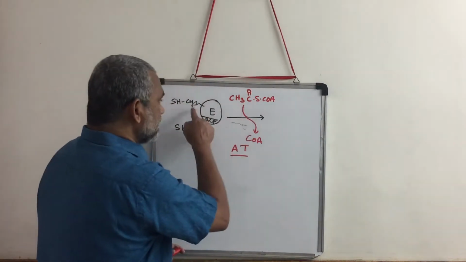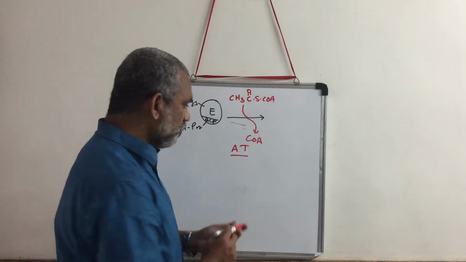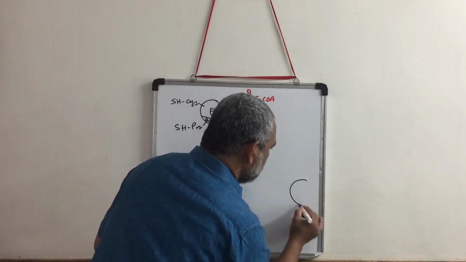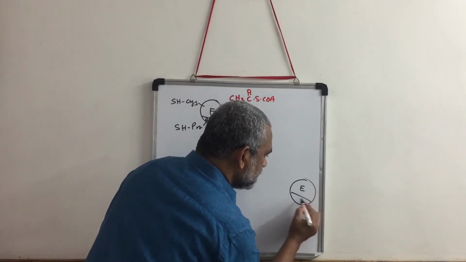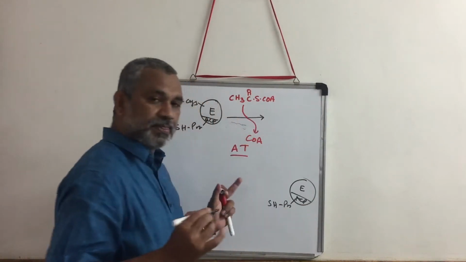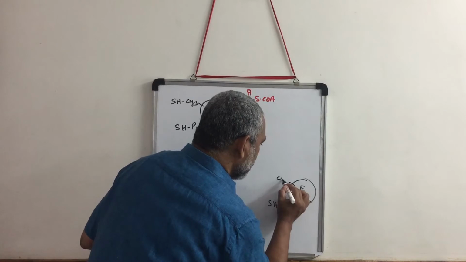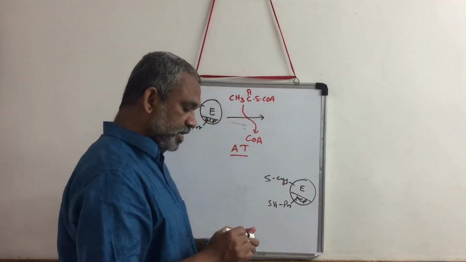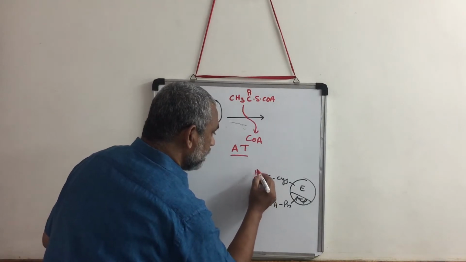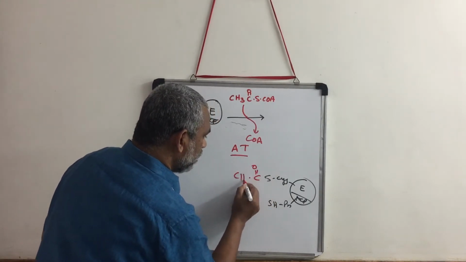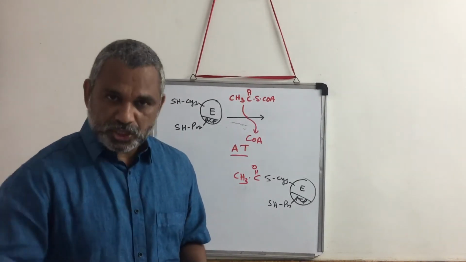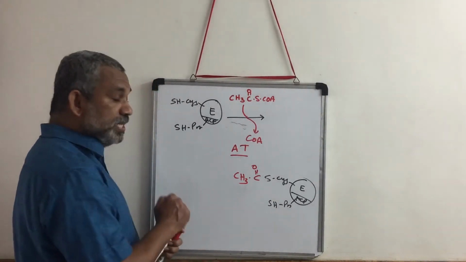Now once this acetyl group is transferred there, we can write the structure like this. This is our enzyme, this is our ACP, pantothenic acid. This is our cysteine sulfhydryl group. To that the acetyl unit is attached. Priming is not done yet. Now in the next step,